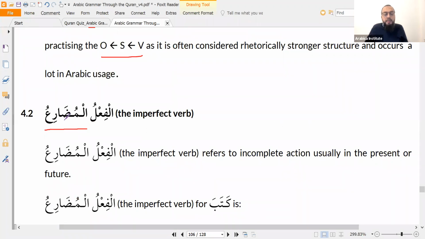the imperfect verb is able to be expressed using an active participle, ismul fa'il. Because it's so similar to the ismul fa'il, as both are in kind of the present tense. So if I say, ana hadirun, I am present, and I say, أحضر, I'm attending, I'm being present, the meaning of those two is very, very similar. And so because of that similarity, we call the imperfect verb al-fi'lul mudari'u, literally the similar verb. Similar to what? Similar to the ismul fa'il.